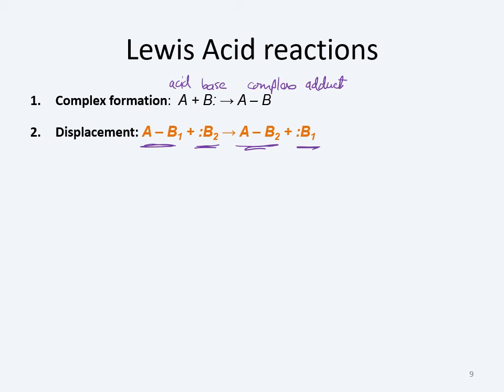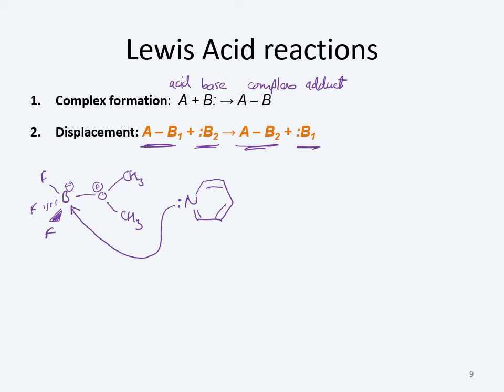So an example of this would be a boron containing species. Again, boron containing species are classic Lewis acid species, or Lewis acid base species. We often use these as examples. And in this case, this is basically boron trifluoride dissolved in methyl ether. Okay. And when we bring in a stronger base, such as pyridine, which is this, what happens is the pair of electrons goes there. We break this bond to reform our dimethyl ether, and we get a new complex adduct, which is